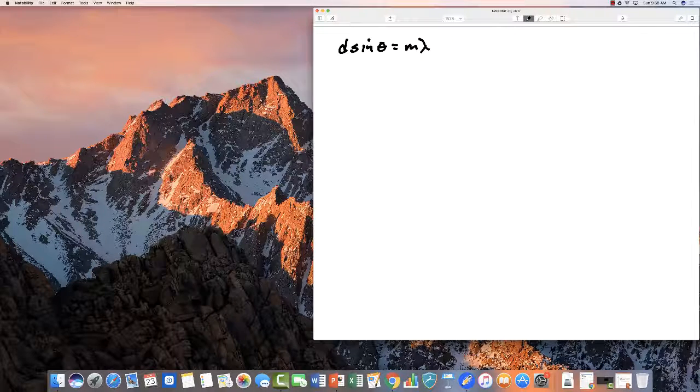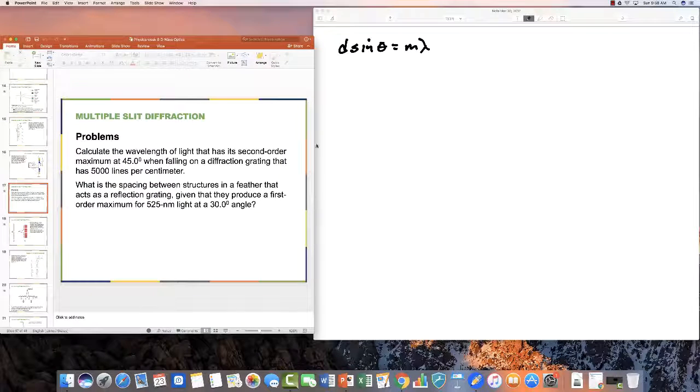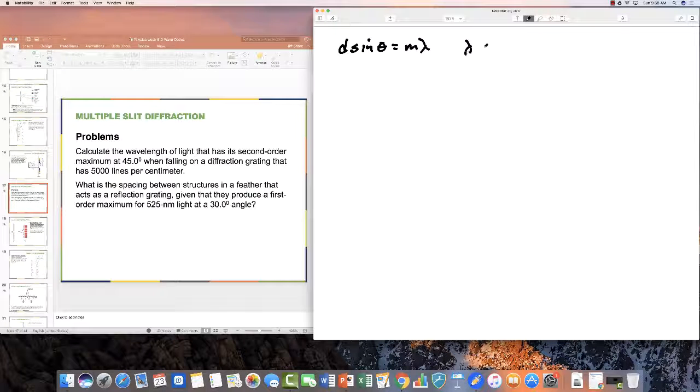The question here is to calculate the wavelength, so we want to solve this equation for lambda. And lambda is going to equal d sine theta divided by m,